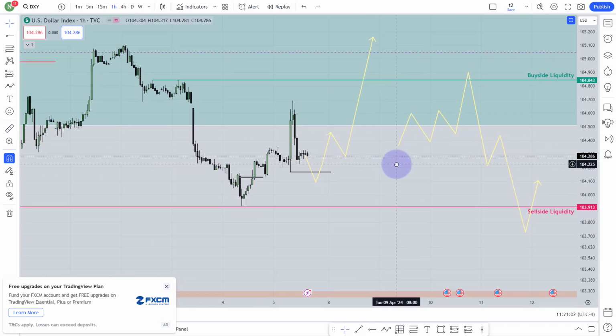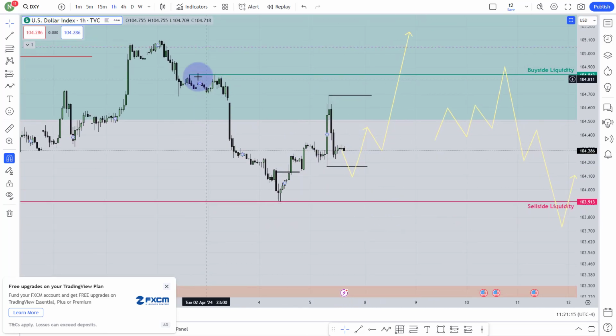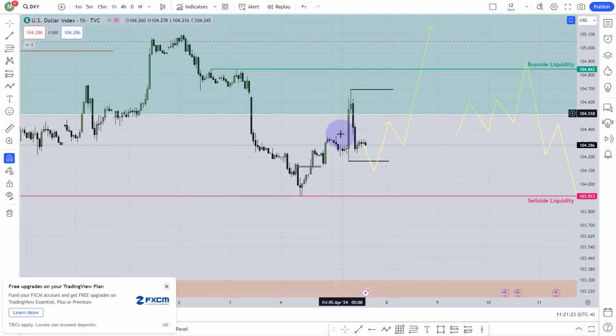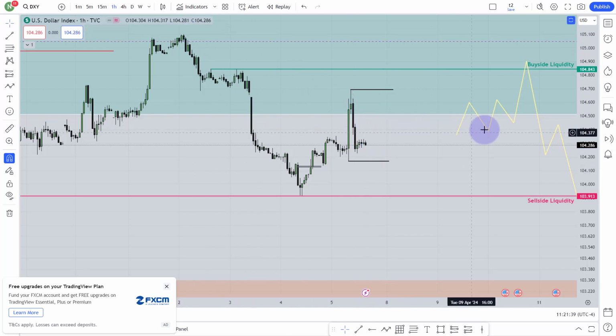But for me, I don't want to see the market close above that high. I don't want to see that, okay? Because if the market would love to go lower, it has to be very fast now, because the market has already traded that area which should be traded. It has already done the trading over there, so it should keep falling now. It has done this in NFP, that means last Friday. The manipulation has been done over there perfectly. So I would really love to see the market fail to close above that high, and then it will keep going lower. So that's all from the dollar index.